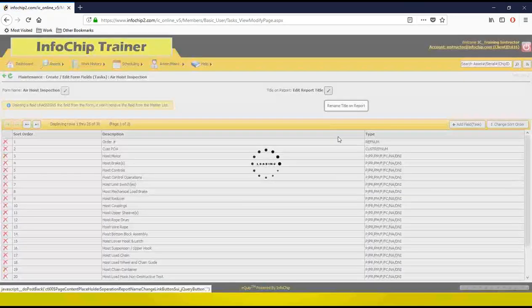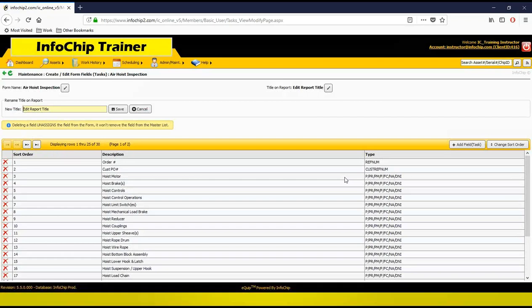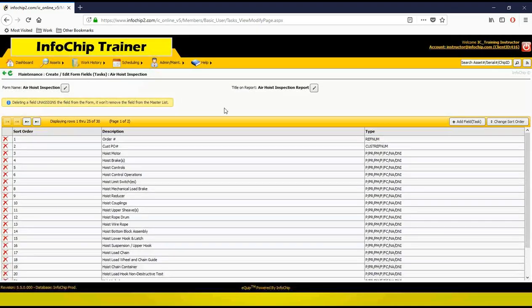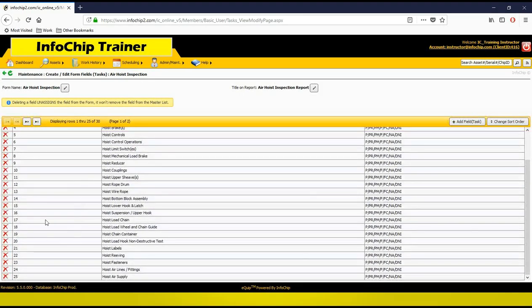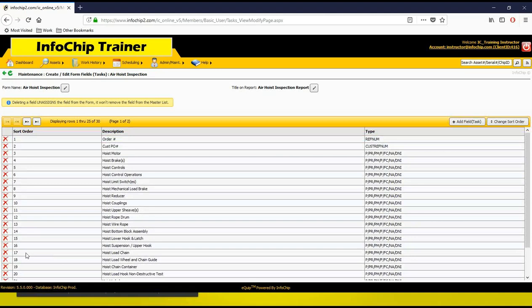So we can go in here and say, air hoist inspection report. For example, if we just needed to make an edit to this. Like I said before, if there's certain tasks in here that need to be deleted, just click the red X down the left-hand side. The one other thing you can do as well, so let's say that you needed to